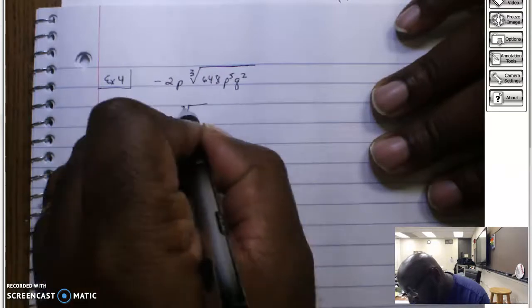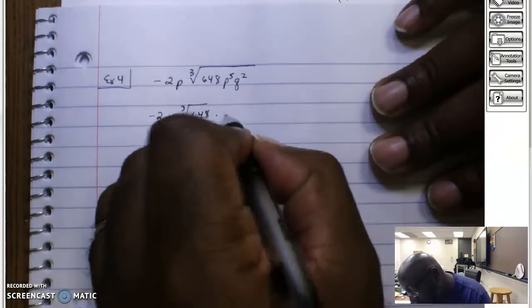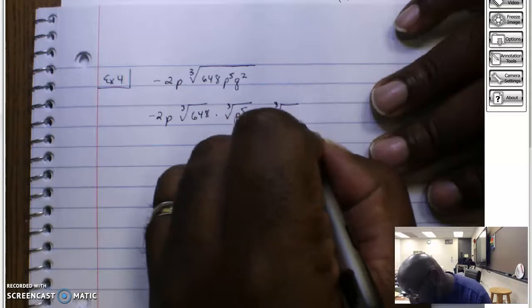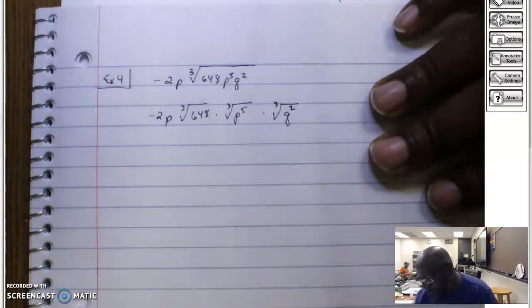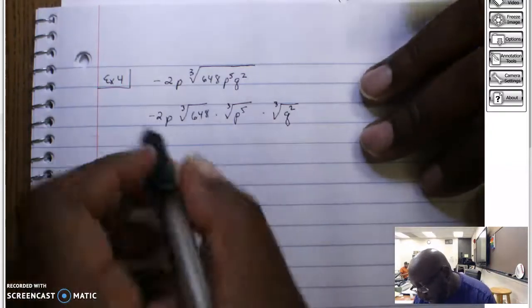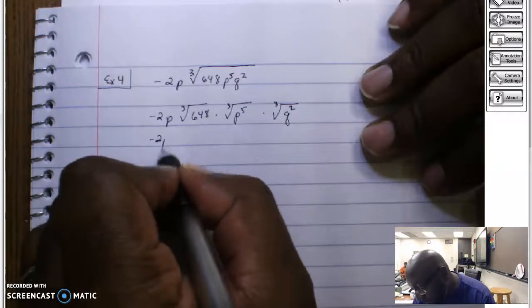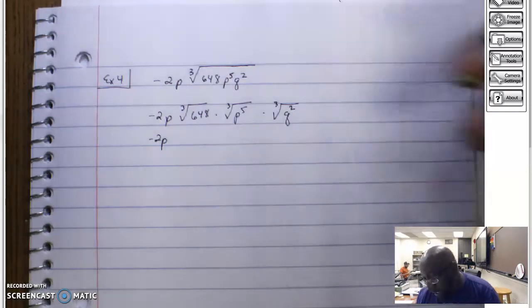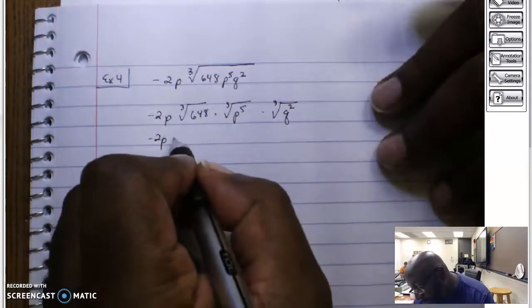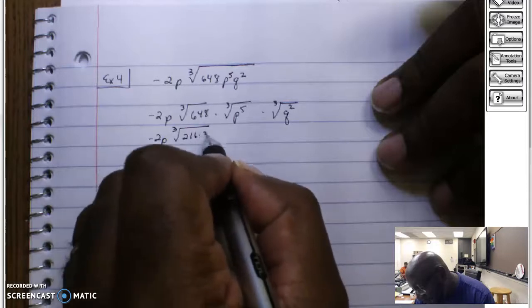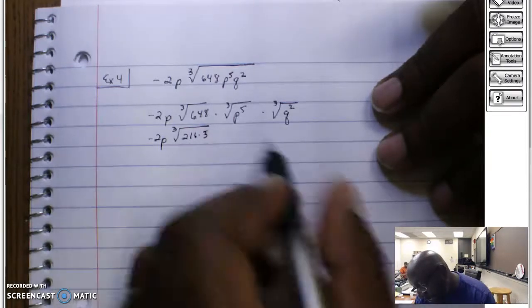So I'm doing the cube root of 648 times the cube root of p to the 5th times the cube root of q squared. Again, don't forget that the variables are easy. Numbers are not bad either. You just have to know your perfect cubes. And there is a perfect cube in 648, and that perfect cube happens to be 216